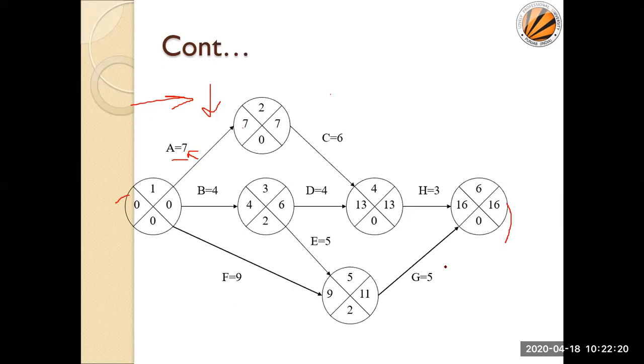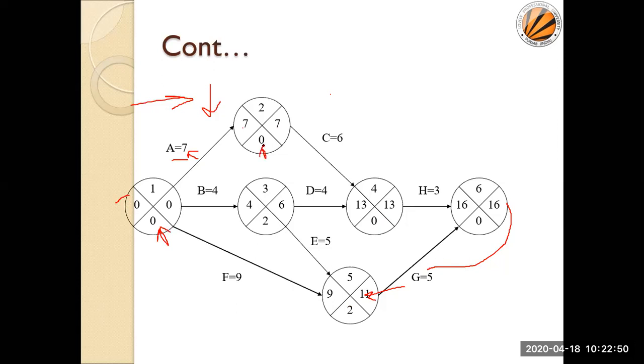Right now, 16 minus 5, then we are writing there. Okay. And then 16, how are we getting this value? So this value we are getting by subtracting this from this. Now, if I subtract 11 minus 9, that becomes 2. 13 minus 13, 0. 6 minus 4, 2. 7 minus 7, 0. So again, there is a set of activities which have the 0 value.